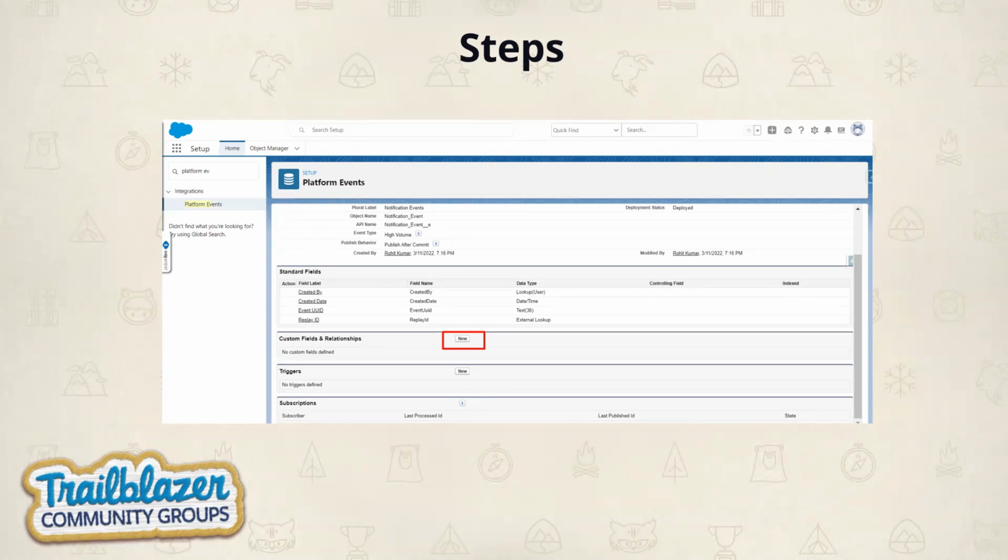So how to provide this? We have to configure a long text area. We have to write this description under that text box, and we can provide this functionality with the help of lightning flows, right? So here, custom field and relationship,